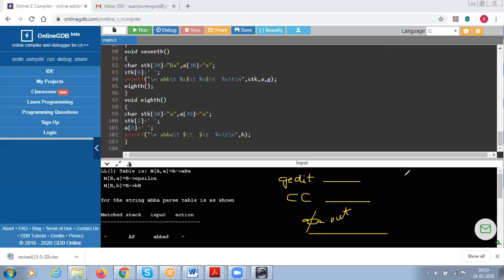I hope the 3A and the 3B parts are understood, which completely shows you the construction of the LL1 parser. It describes the LL1 parser with the following steps: first and follow, followed by the marking entries of the table, and followed by the parsing entries, that is the parse table. How do you parse a specific given string?